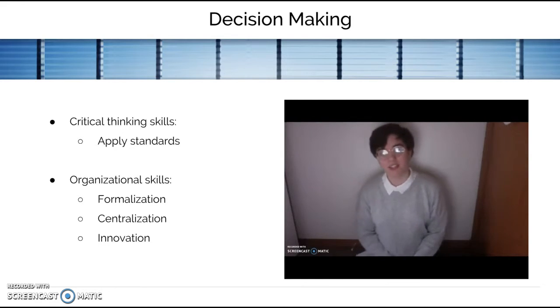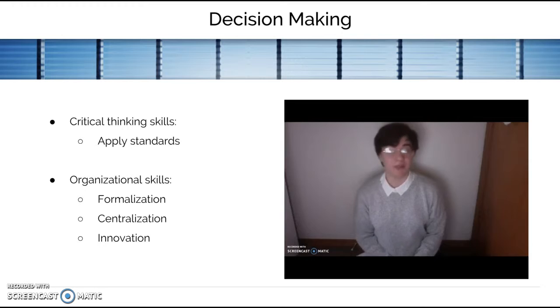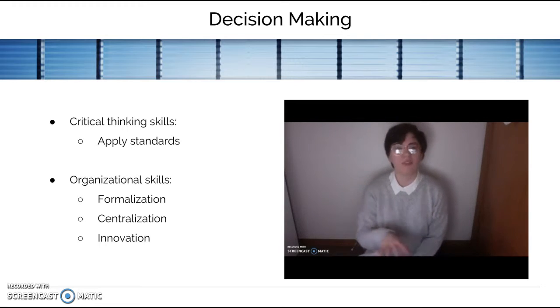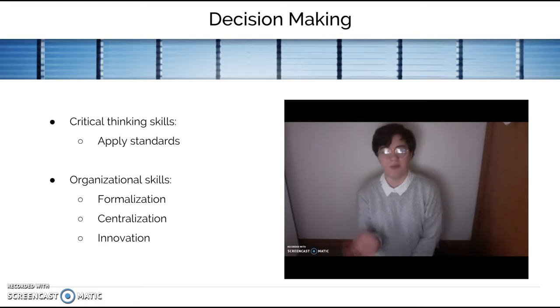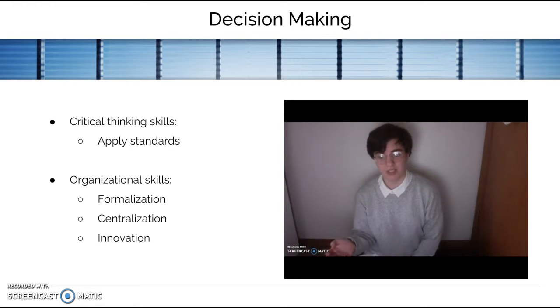Decision making. As a leader, you need to know how to make decisions for you, your team members, and the organization and its future. For this, you want to have critical thinking skills. You have to apply those standards to the decision-making process, so that your team and you are able to make decisions together to meet the organizational standards. Now, you need to apply these critical and innovative thinking skills in order to improve the decision-making process within the teams and across the organization to meet the organizational goals.